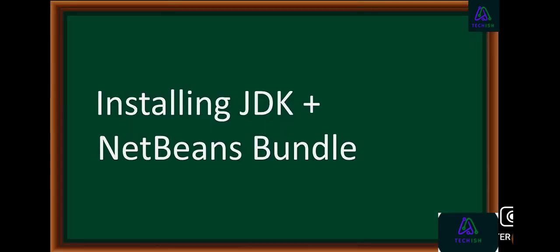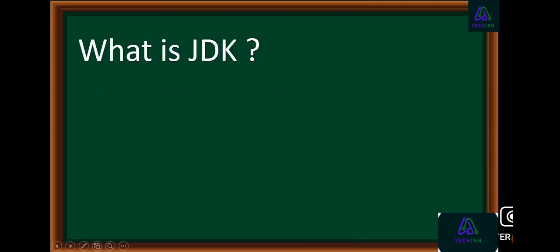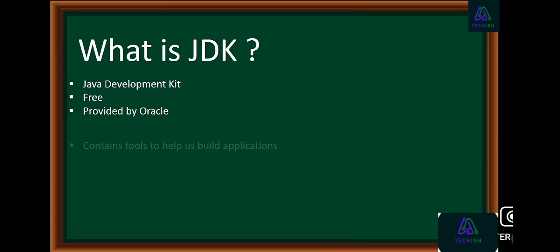JDK and NetBeans bundle. What is JDK? JDK stands for Java Development Kit. It is a software development environment used for developing Java applications and applets. It is free to download and use. It is provided by Oracle. It contains various tools that help us build applications. The tools include